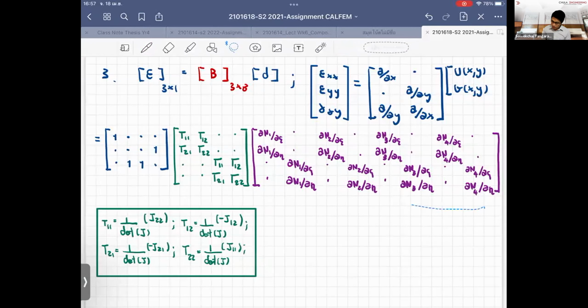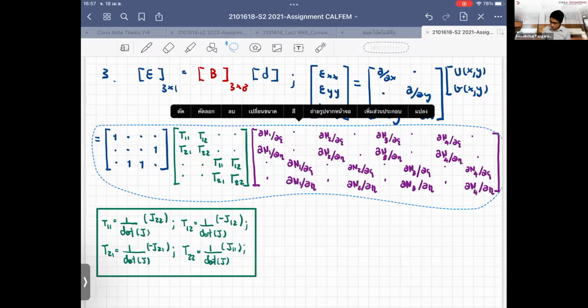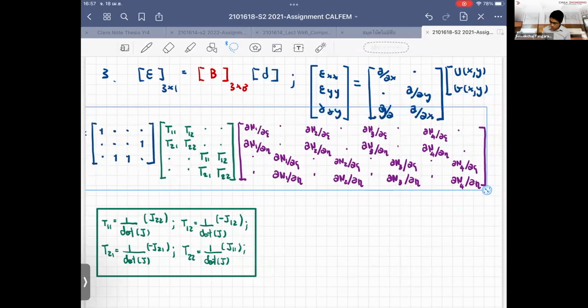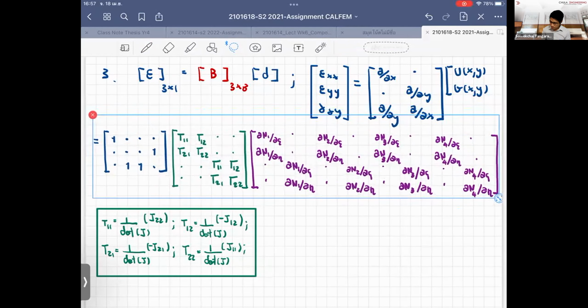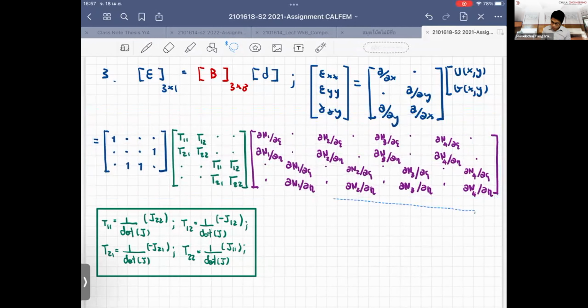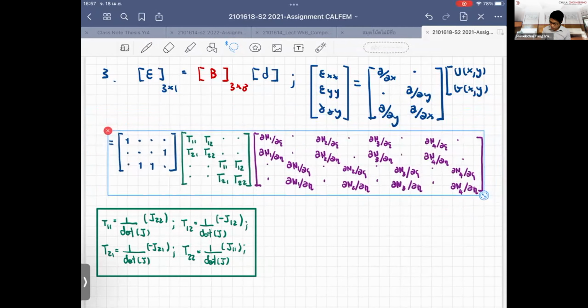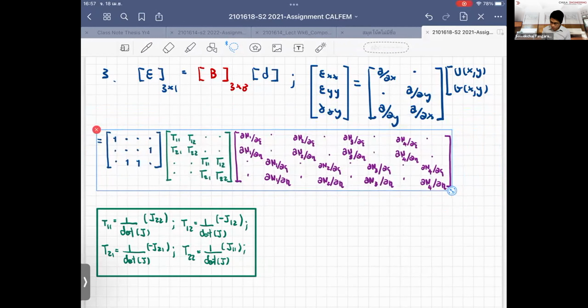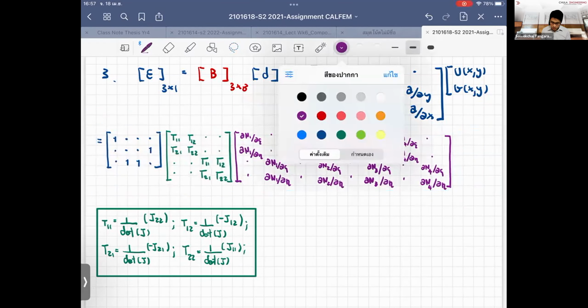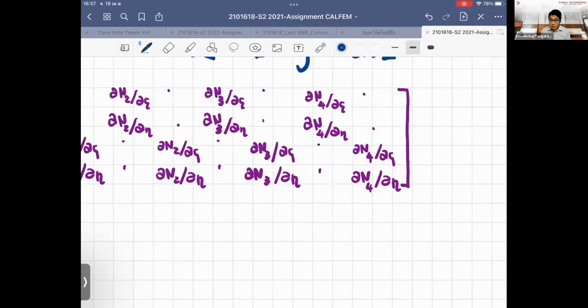And this has to time with the displacement at the coordinate, which is we have a u1, v1,